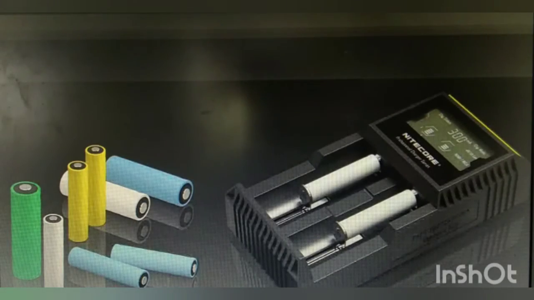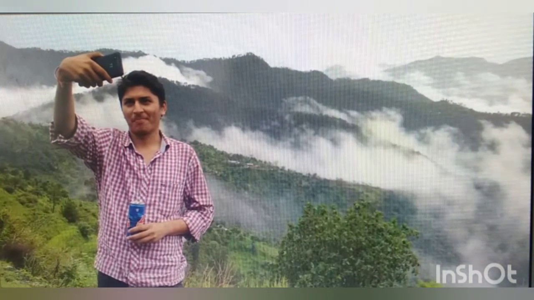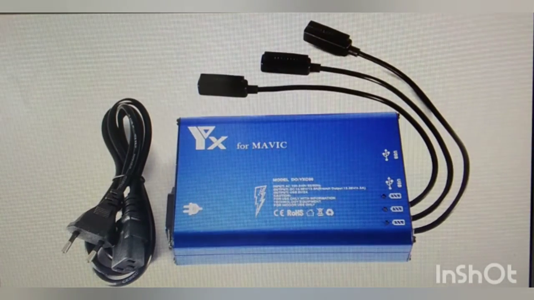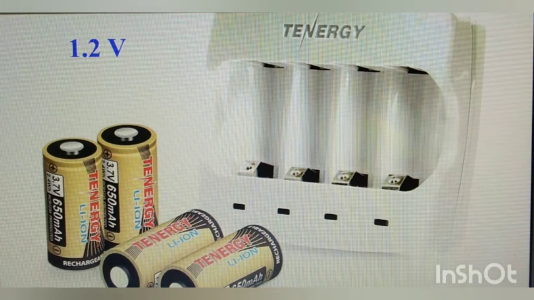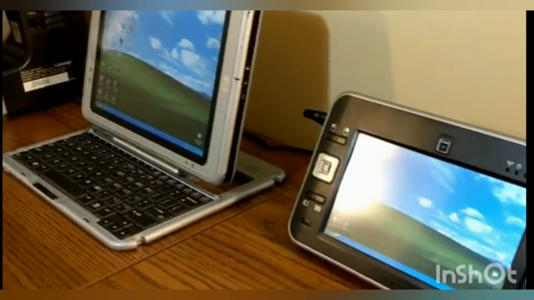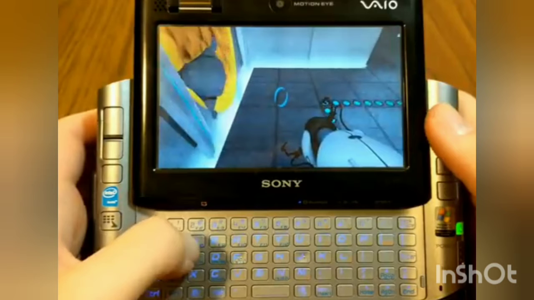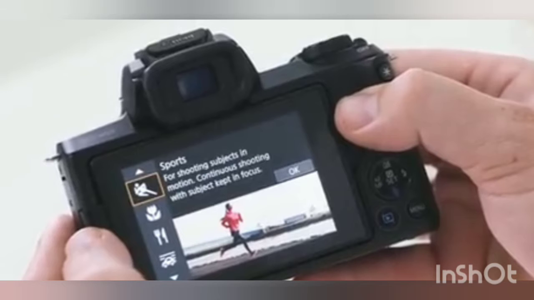So our next cell is the nickel cadmium cell. Nowadays a variety of gadgets are available which are required to be carried to different places, and such gadgets use nickel cadmium cells. These cells supply 1.2 volt potential difference, and they are also rechargeable. These cells are used in cell phones, laptop computers, PDAs, power tools, hybrid automobiles, cameras and toys, etc. They are non-spillable, so they can be used safely.